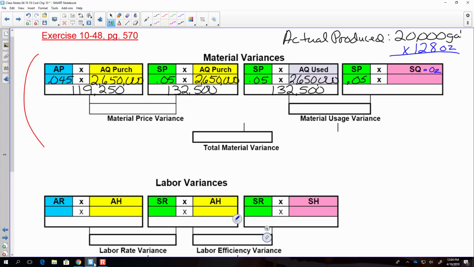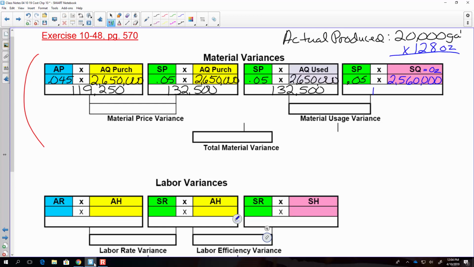So 20,000 times 128, 2,560,000 is my allowed quantity. So I multiply that times the 5 cents,